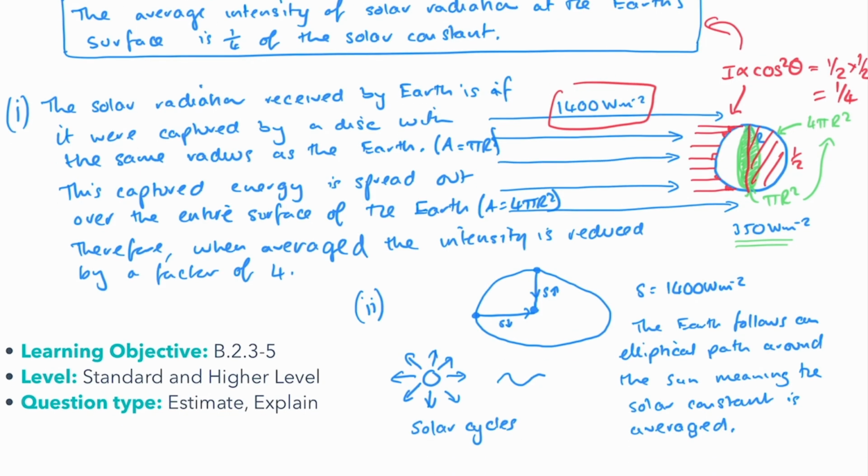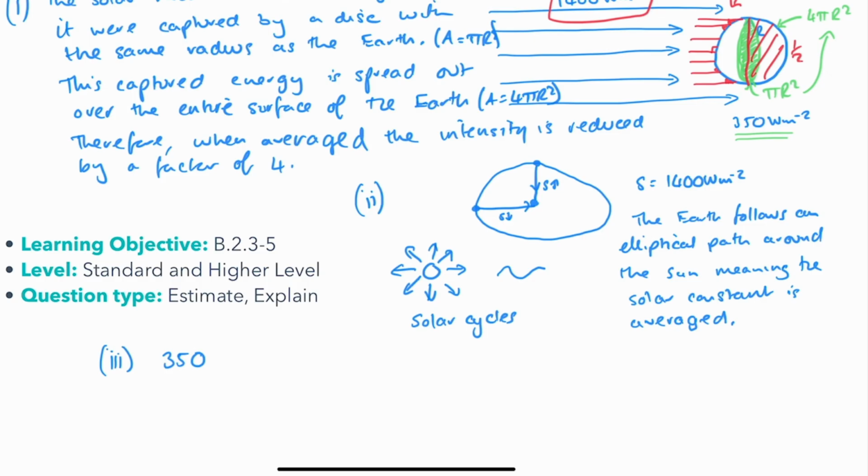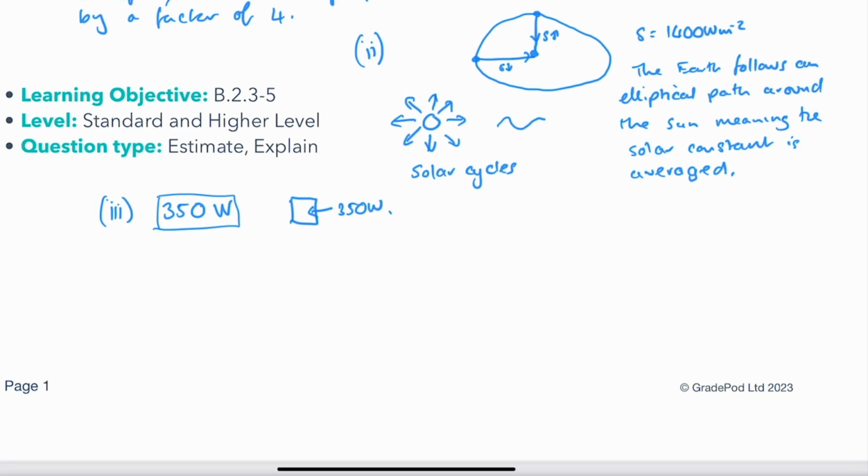And question 3. Photovoltaic cells are approximately 20% efficient. Estimate the minimum area needed to supply an average power of 850 kilowatts over a 24-hour period. Okay, well, we know that on Earth, each metre is receiving that amount of power. So each metre on Earth gets 350 watts. We want to produce 850,000 watts. So how many of them do we need to make that? Well, it's really simple. We do 850,000 divided by 350, which gives us